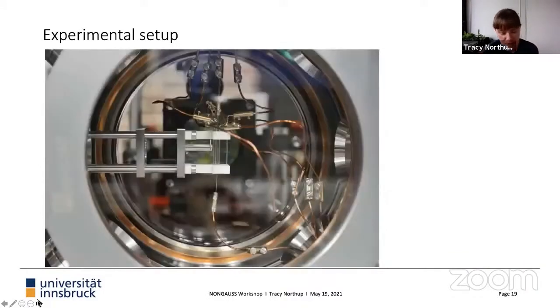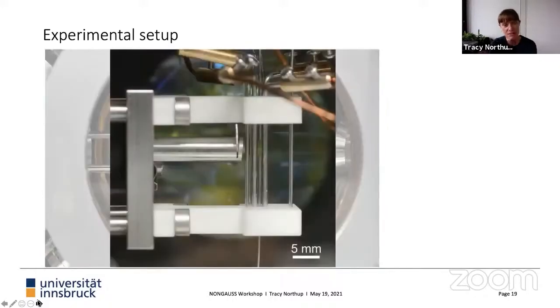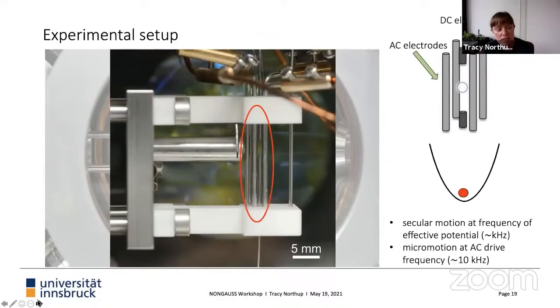Okay, so let me just show you that these are relatively simple experiments in a vacuum system, where if we zoom in on the vacuum system, you can see now what's a quite simple Paul trap. I'm going to zoom in now a final time here on the trap itself. So circled in red here, this is our linear Paul trap. And so I've labeled here on the right-hand side in this schematic the AC electrodes and the DC electrodes. I will probably tend to call them RF electrodes because for trapping ions, you drive them at radio frequency.